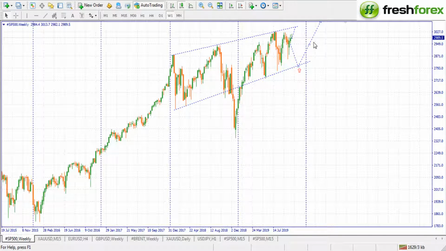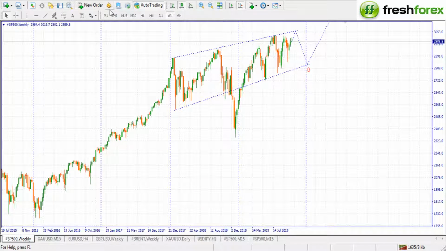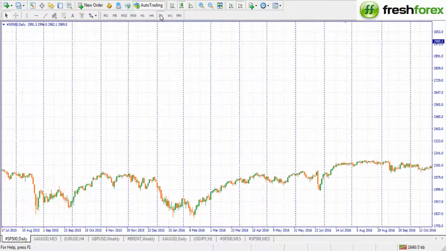The price can go up to that trend line, then that will give us the best place to sell from, down to the supportive trend line, which is now this one. So as it is now, we expect a move to the upper side, but only up to this trend line here. If it bounces off from that trend line, we'll pick a sell down to the lower one, which is here. On the daily,